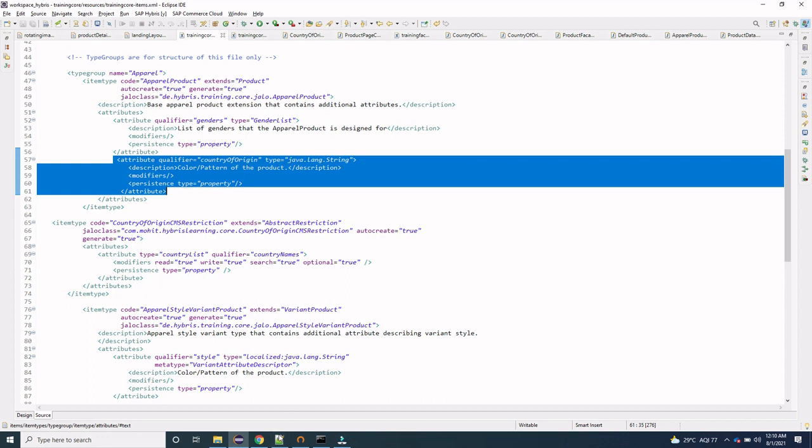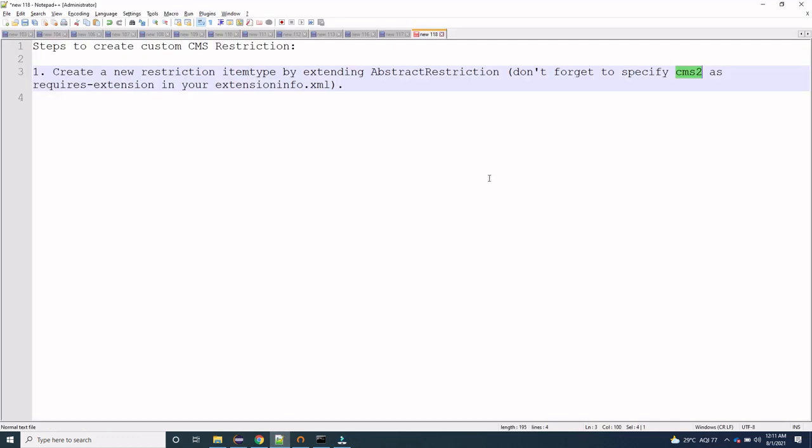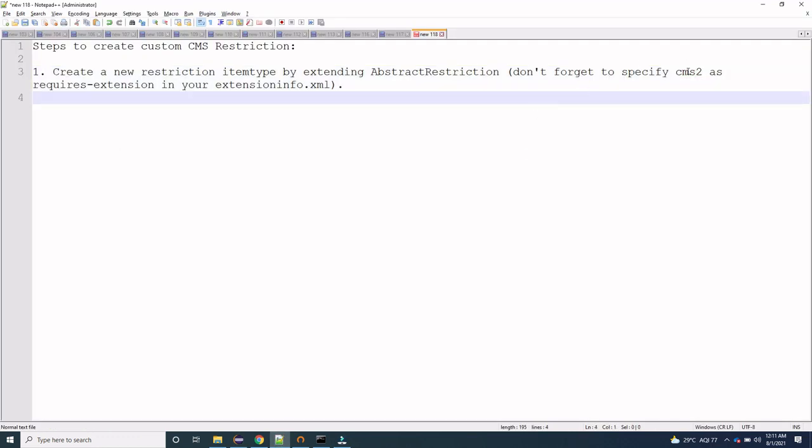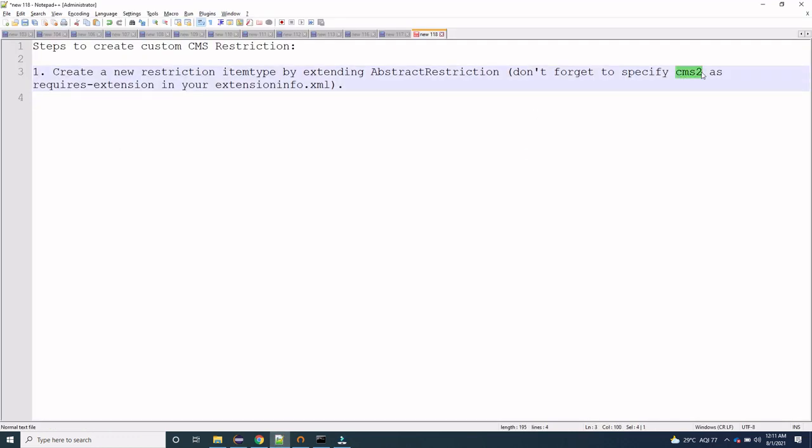Now coming to the other part, where we have to define CMS2 as a required extension in the extensioninfo.xml.